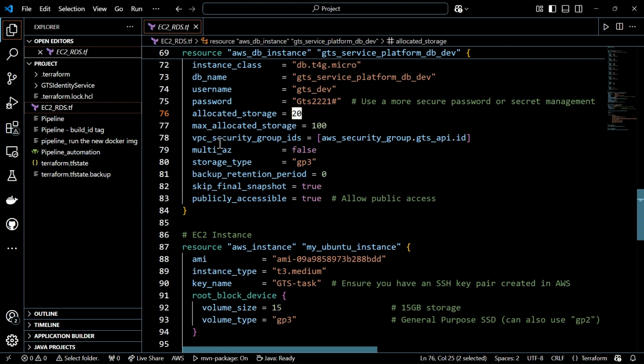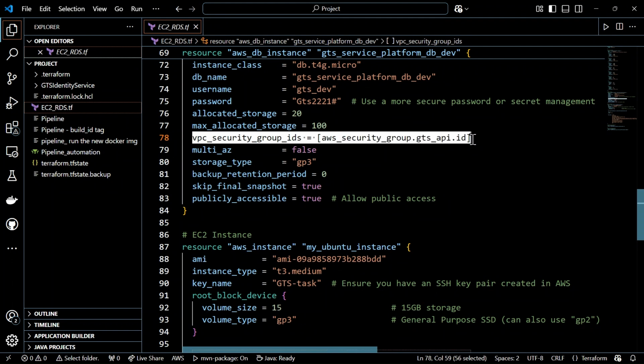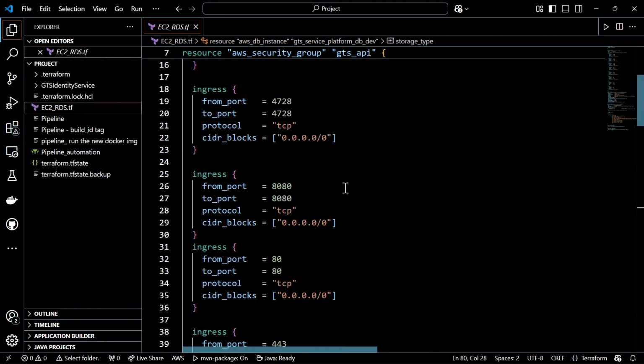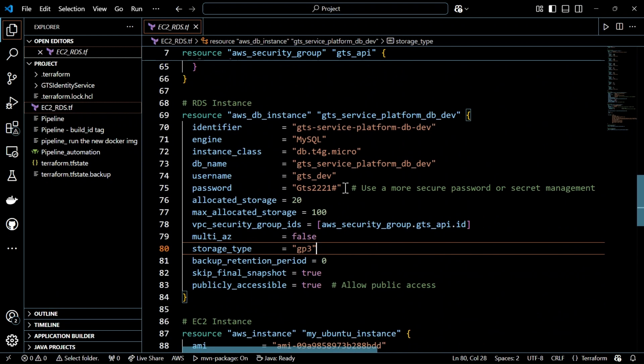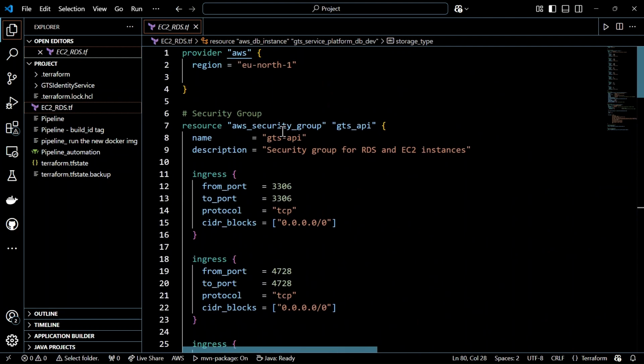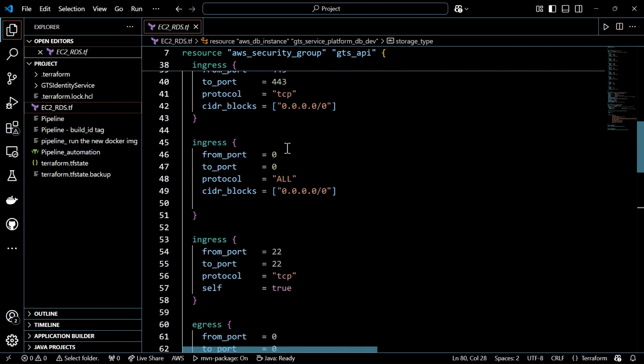Okay, so here I am giving the security group, or the firewall constraint. Here I'll be using the same security group which I have created here. So how can I access it? Look here: aws_security_group.gts_api is an object, and .id is a reference to this one, aws_security_group.gts_api.id. So it will be referred to this